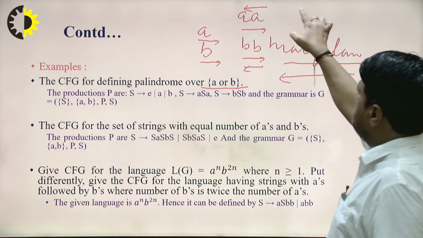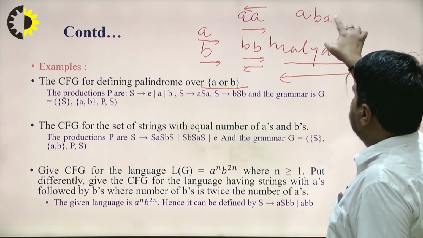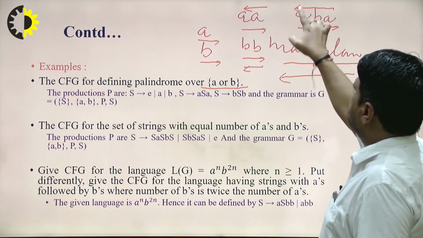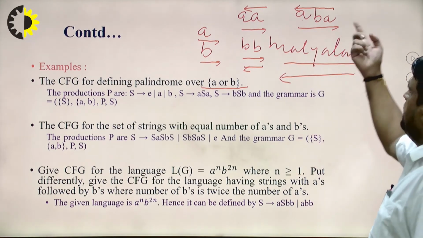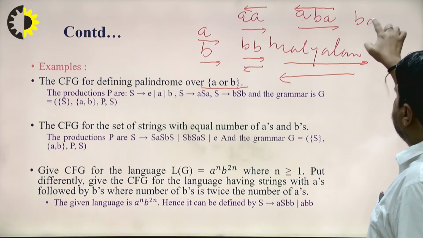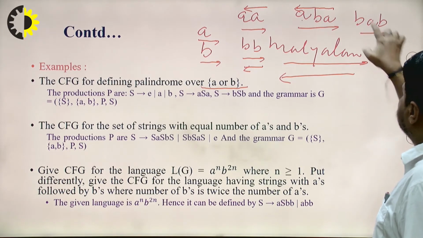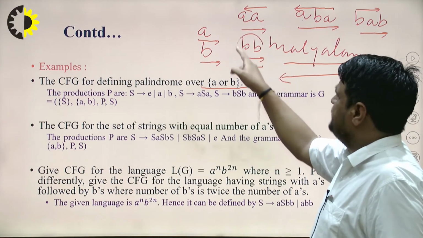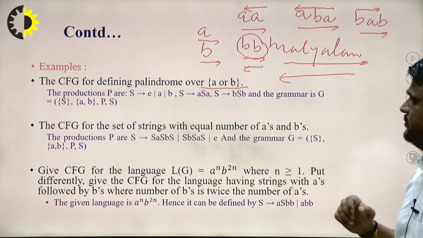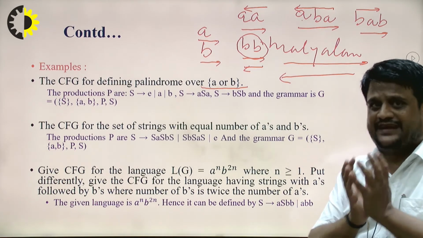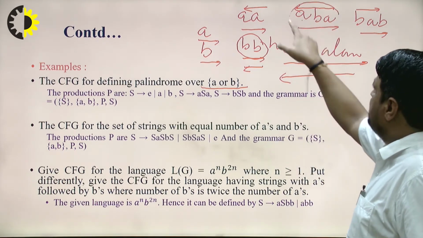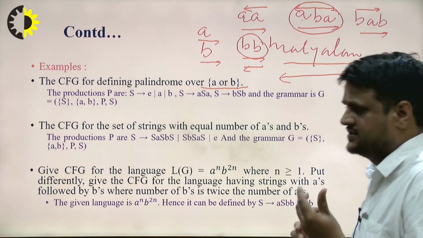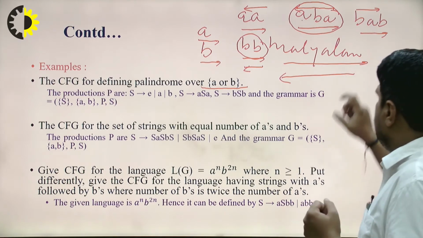Another possibility is A, B, A. You can read it in the forward direction, it is A, B, A. If you read it in the reverse direction, it is once again A, B, A. Similarly you can write B, A, B. So this also conveys the same meaning, so this is a palindrome. Now you can see another thing. This one is called an even length palindrome, in which the number of occurrences of the symbols is even. This other one is the odd length palindrome, in which the occurrences of the symbols are of odd type.